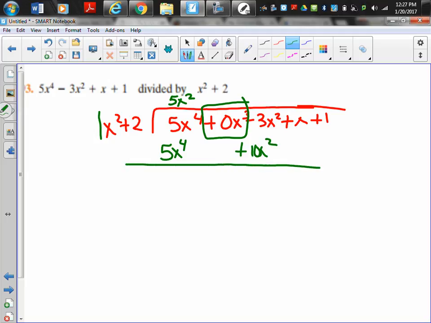Alright. So I have 0x cubed. Take the opposite. Negative 13x squared. So x squared times what gives me x cubed? X. So x times x squared is